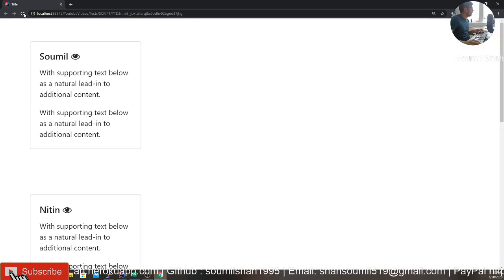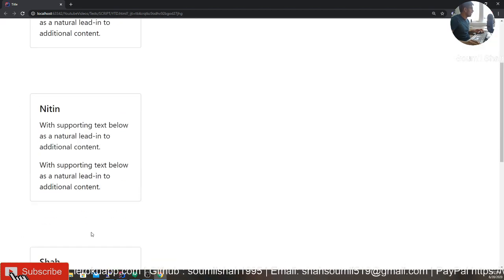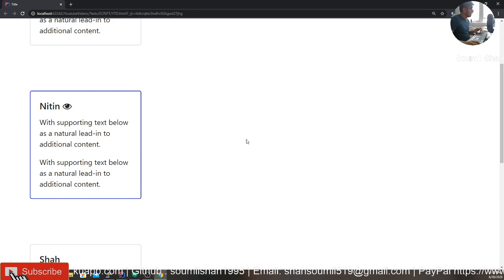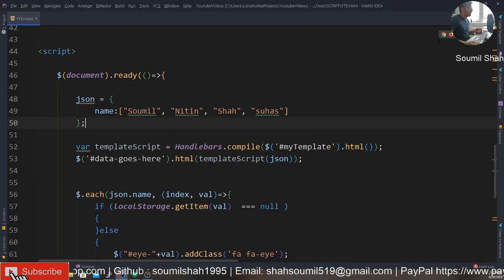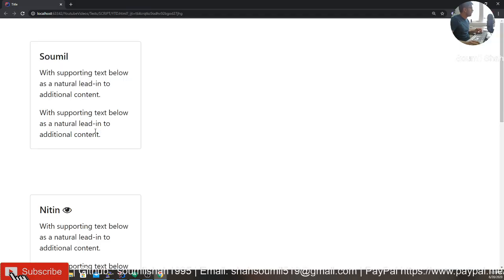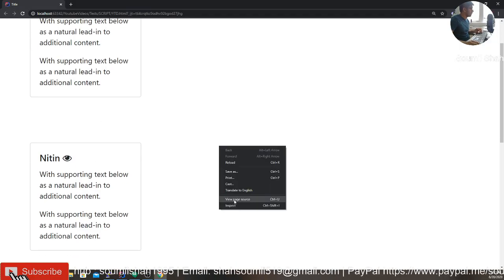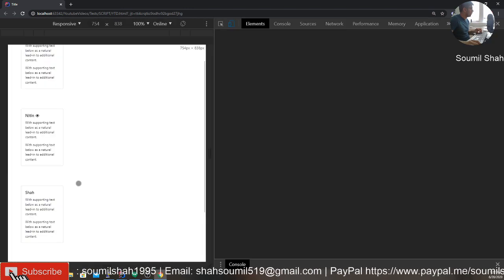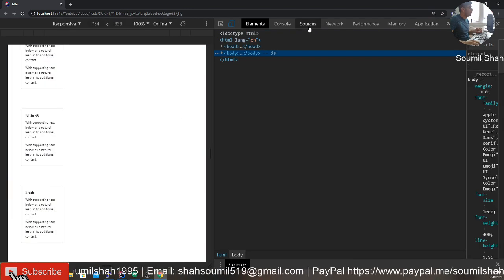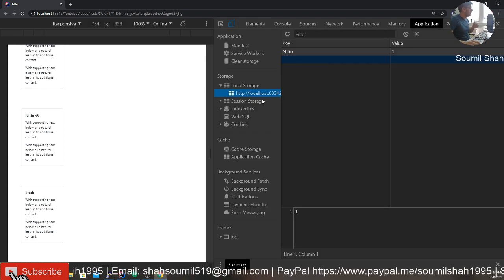Now if I refresh, this should go. Now I'm going to click on Nitin. Okay, I'm going to close the browser. Now when I open it again, I already clicked on Nitin, so he should be there. You see, because it's in the local storage, we were able to tell the user that you have already clicked on this card. See, Nitin. Pretty cool, right?